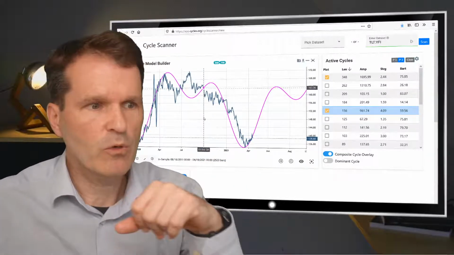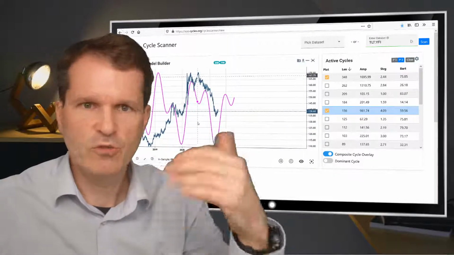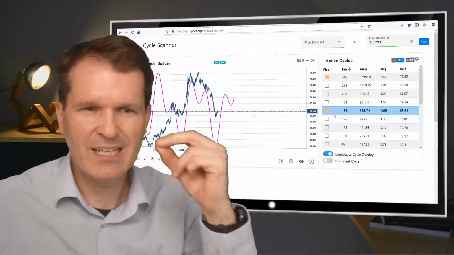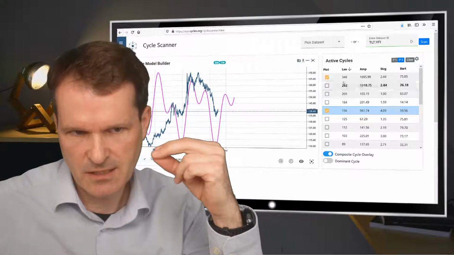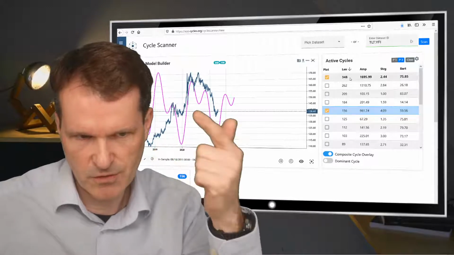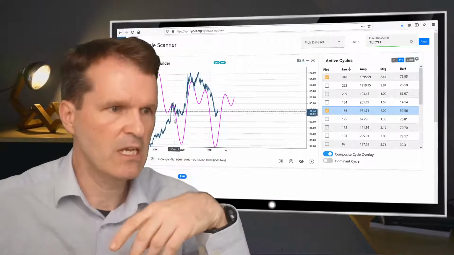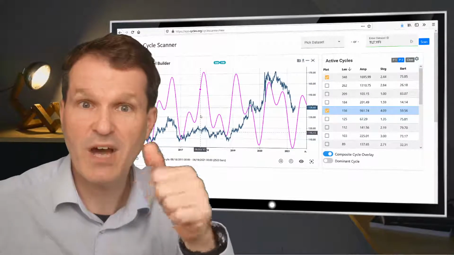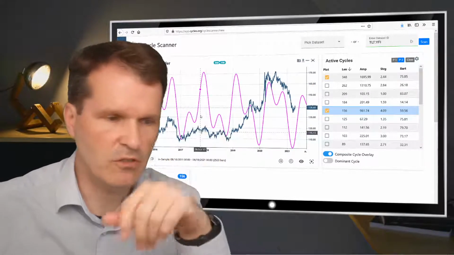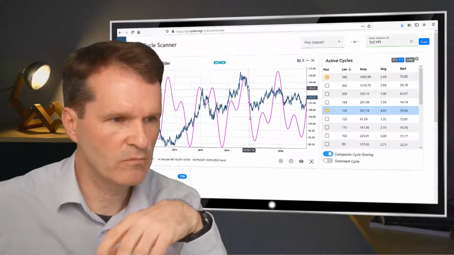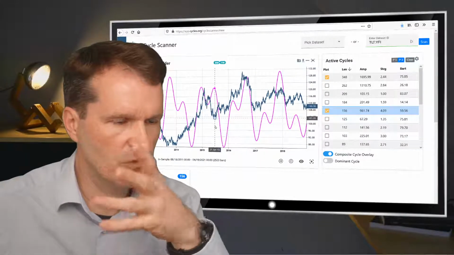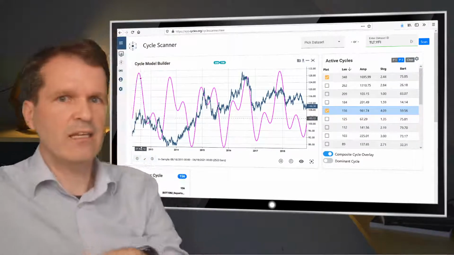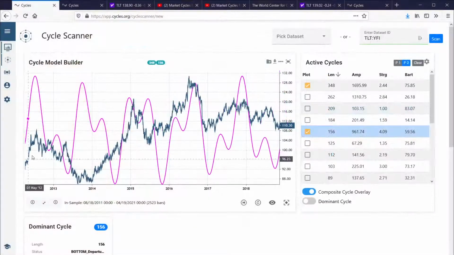But as I mentioned, if you want to use this for projection, I would always recommend that you remember what cycles have been detected here from the longer term perspective. So 150, 350. And then let's switch our starting point for the analysis. So let's use maybe 5 years, not 10 years, 5 years. So we go back to this low here in 2015. We do this by clicking here on the left arrow button here to change the starting point for the analysis.